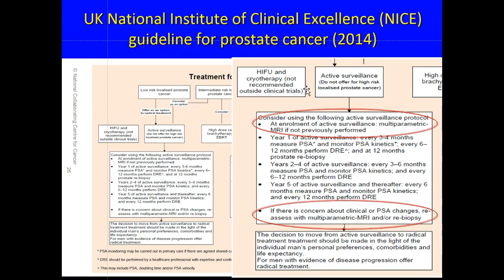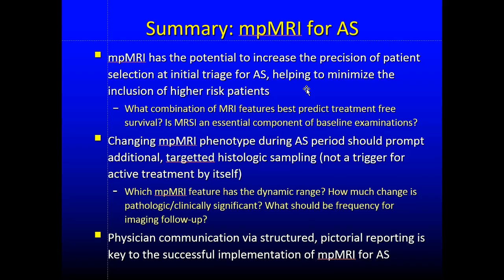In fact, it recommends it. It says that under enrollment for active surveillance, patients should undergo a multiparametric MRI, and if there are concerns on PSA changes, then the patient should be re-evaluated by MRI and/or re-biopsy. So to conclude that section, we can show that MRI has the potential to increase the precision of patient